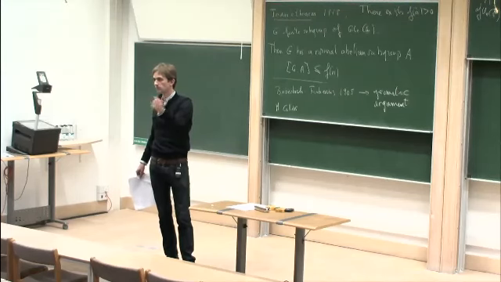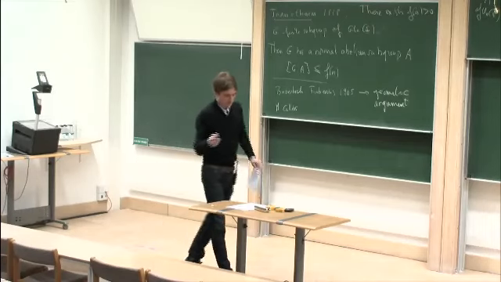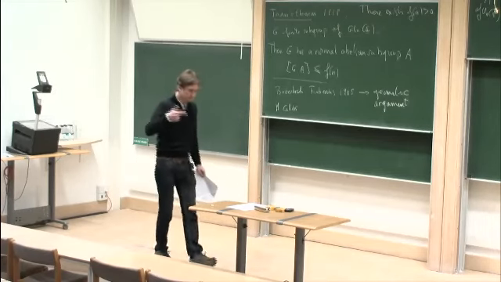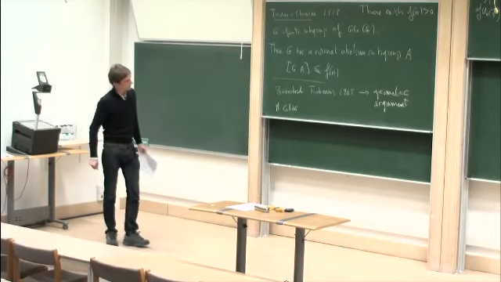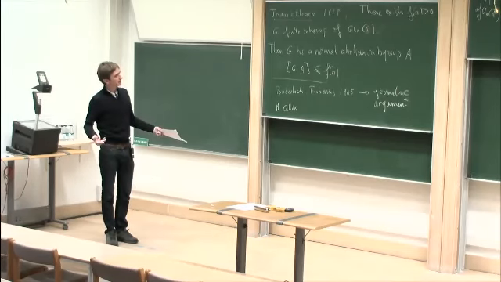When you permute the coordinates, you will stabilize the hyperplane given by the sum of the coordinates equals 1. So you have this permutation action on a subspace of dimension n minus 1, and